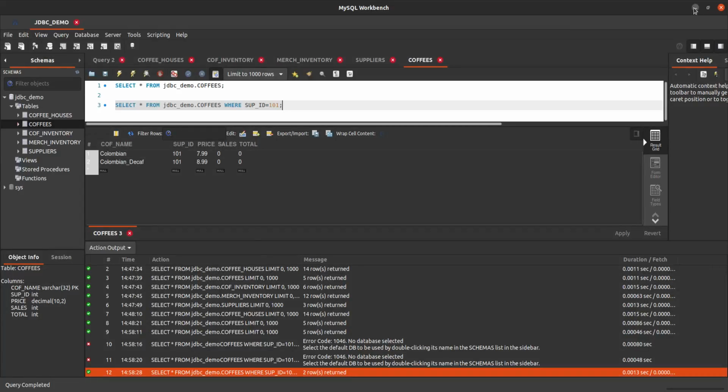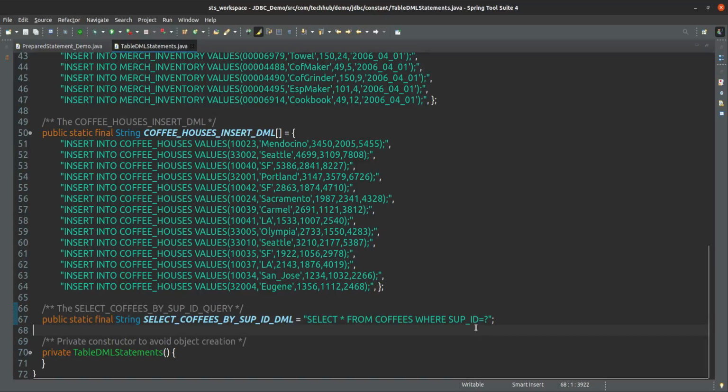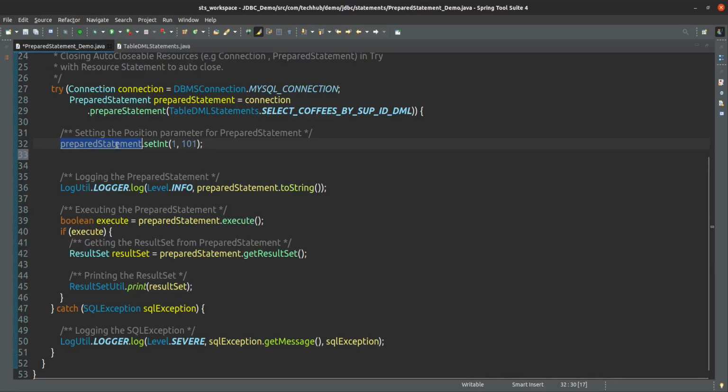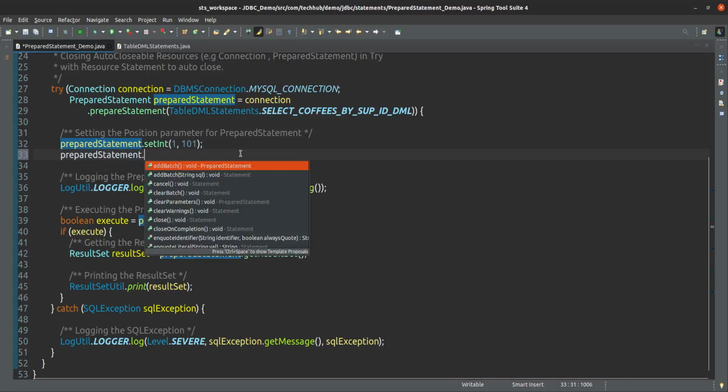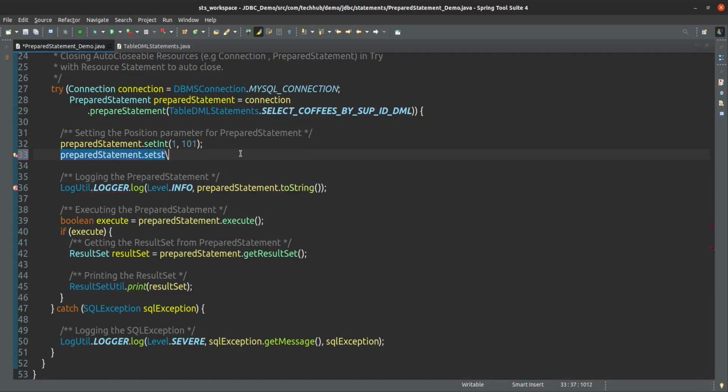In this way you can execute a prepared statement. Currently this first position parameter is of type integer only, so that's why we are using set int. If it is of a different type, like a string, then we can do dot set string at the first position.